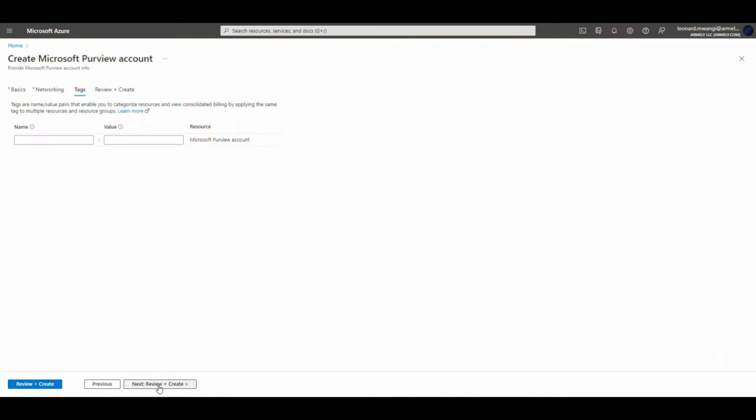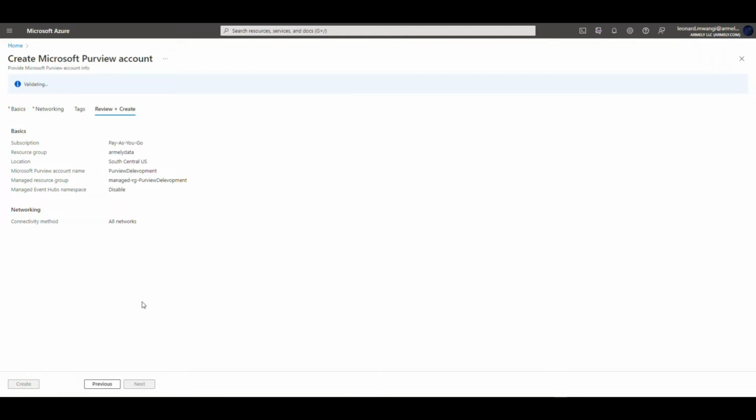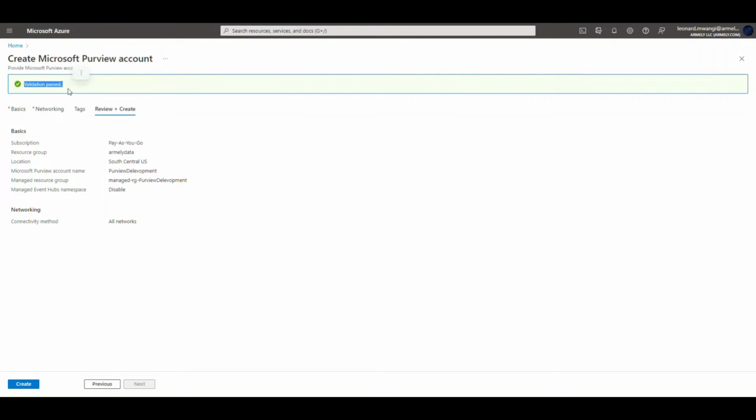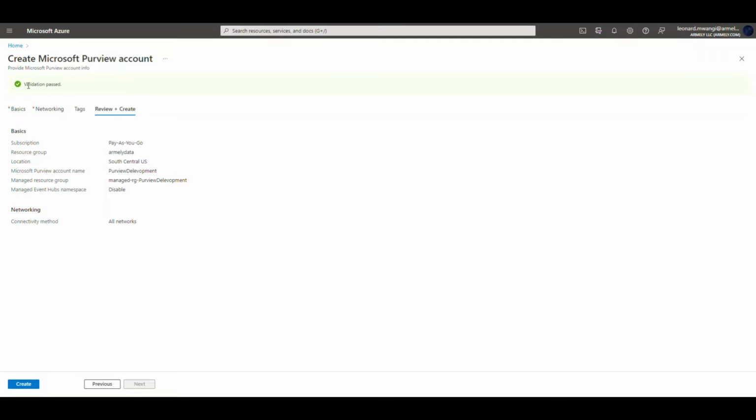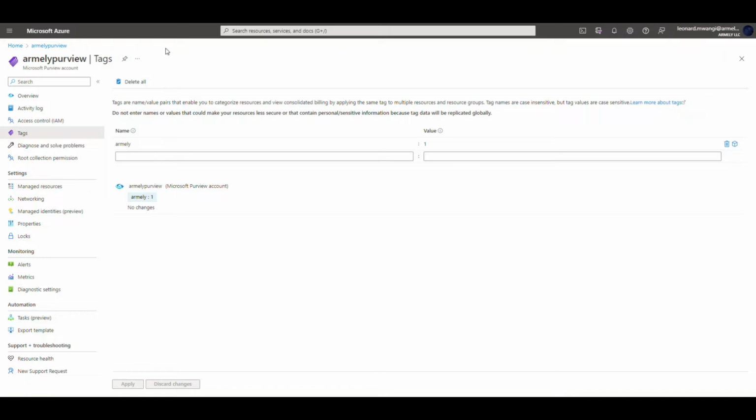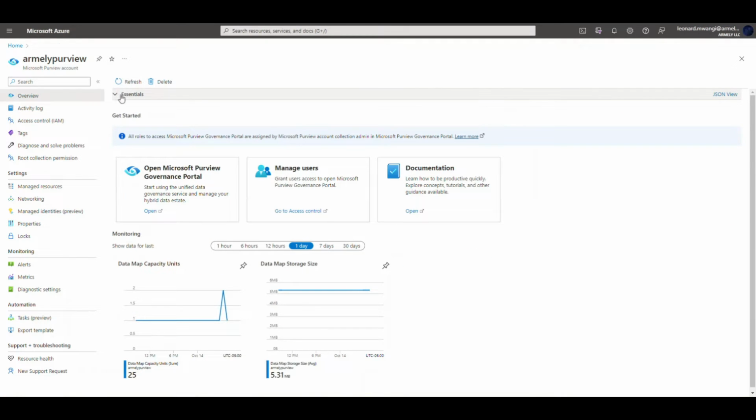Once all that's said and done, you can go ahead and review the environment. Here you can see that my validation has passed. So long as that validation has passed, I can go ahead and click on create here. I've already created one, so I'm not going to create another one here. Once I create, it's going to give me this environment, to where I can see our